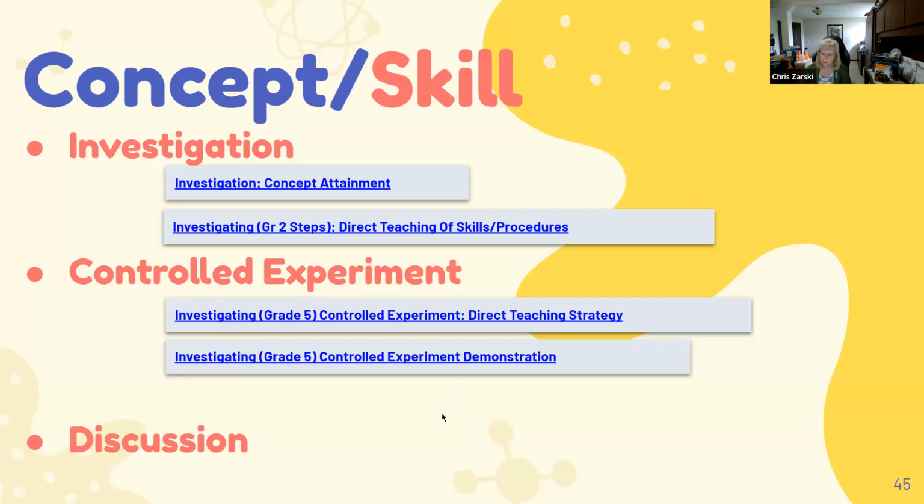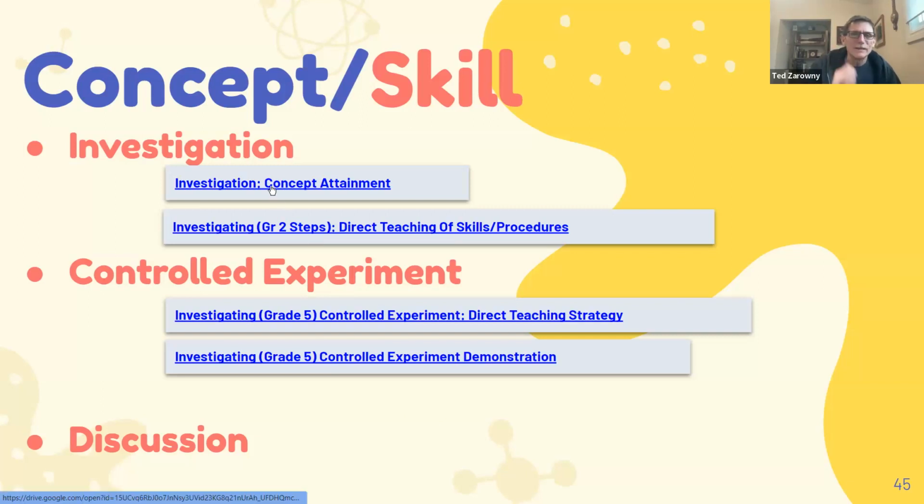And we'll go into the concept attainments. Just recalling that one slide, we pulled out all the things we're going to teach at the surface level. We do know that for the students to demonstrate their understanding of the individual concepts and of the understanding, when we get to that point, they're going to have a discussion, they're going to do a controlled experiment, and so on. So students will need to know what that is as well. So how can we teach that at a surface level?